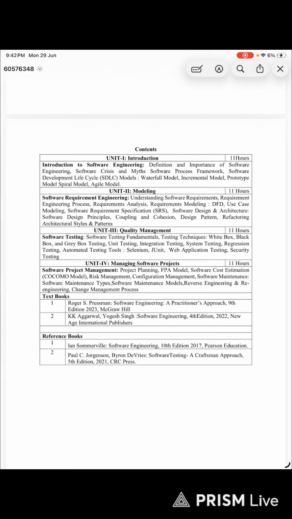Software requirements engineering, understanding software requirements, requirement engineering process, requirements analysis, requirements modeling, DFD, use case, software design principles, use case modeling, software requirement specification SRS, software design and architecture, software design principles, coupling and cohesion, design pattern, refactoring, architectural styles and patterns. Then we've got Unit 3, quality management, software testing fundamentals, testing techniques, white box, black box